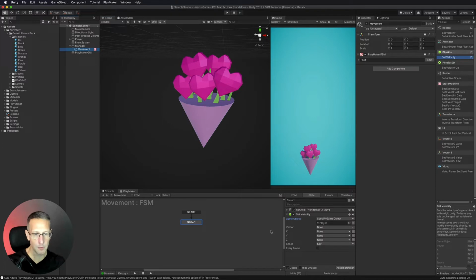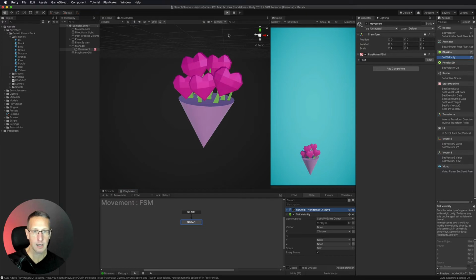Now I can go back to my movement. And so currently we are updating the player's X position based off of the input that we're getting from our key down. So let's give this a try real quick, and we want to also make sure that we're doing every frame. And then again, here we are updating the X move. Okay, so that's the velocity that we're gathering, and we're going to set the velocity of our X based off of X move. Okay, so here we're gathering the input, and then here is where we're going to use it.